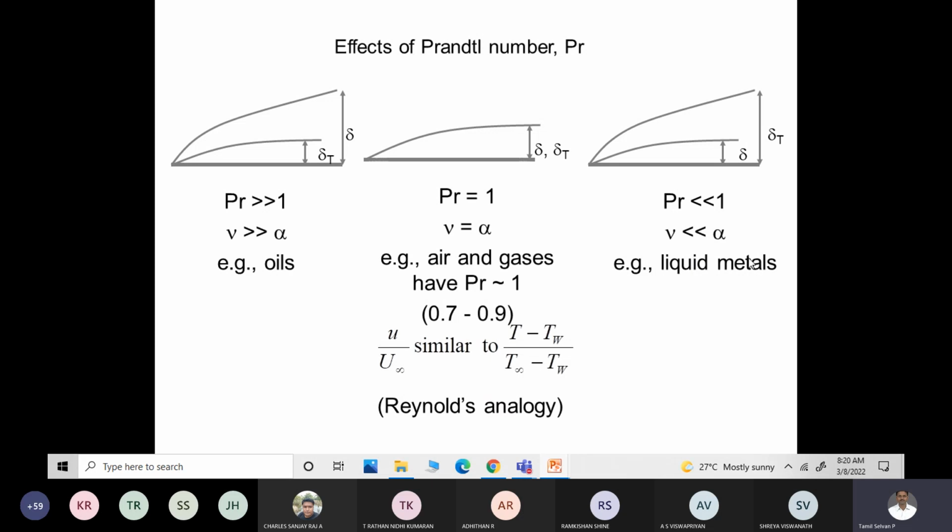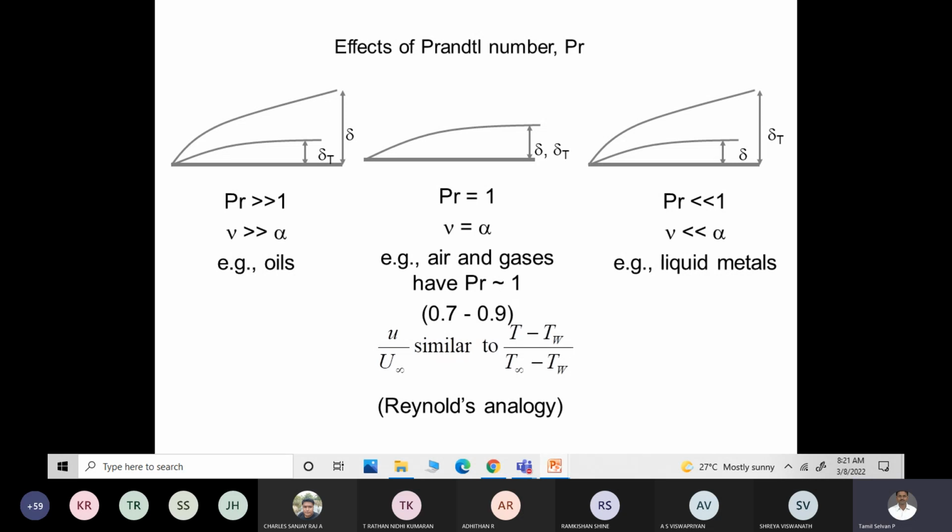That's why I told you in the last class itself that in nuclear reactors we use liquid metals. What happens is you will have more heat transfer, since the thermal diffusivity is very much higher. I already told you about thermal diffusivity alpha in the very first class, during the expression itself. What does the alpha value indicate? It defines